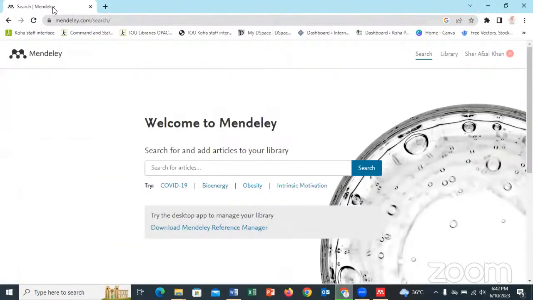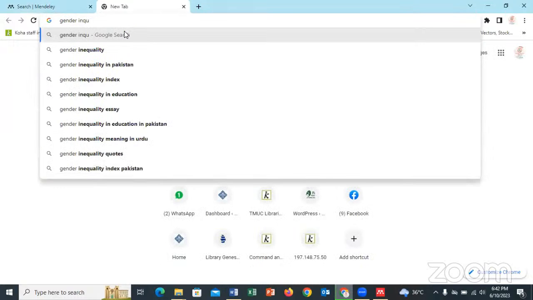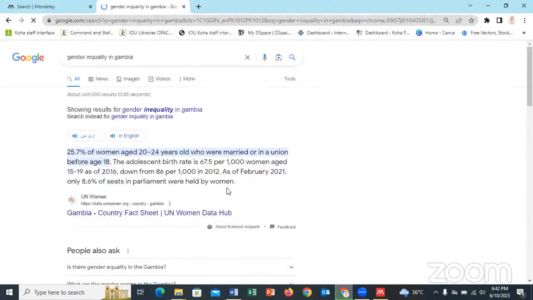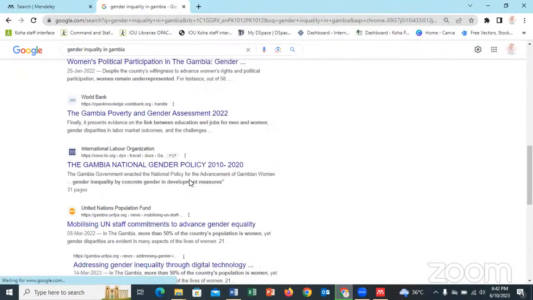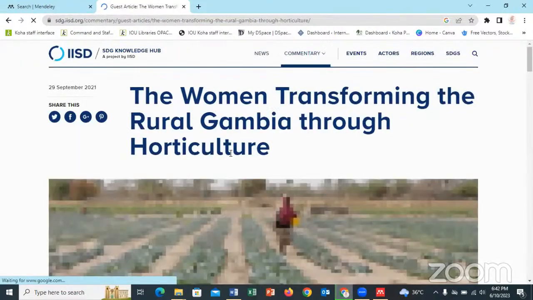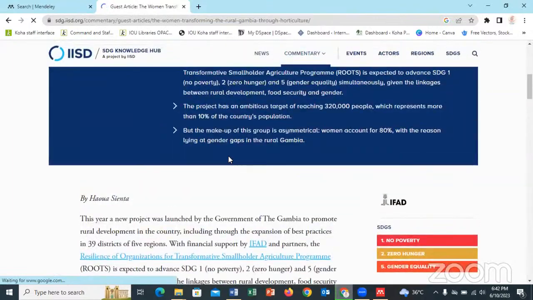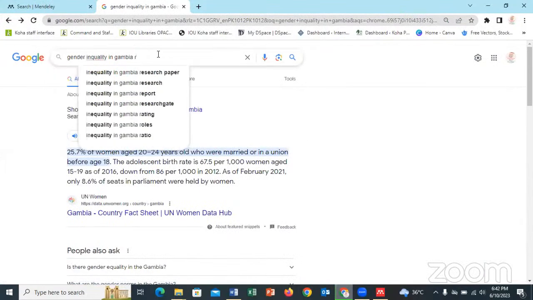For example, I have this one, gender inequality in Gambia. This is my article. For example, there is no research article from the World Bank, International Labor, United Nations, and Sustainable Development. Suppose these are grey articles. This is a grey article. For example, they don't have any DOI. So here, research